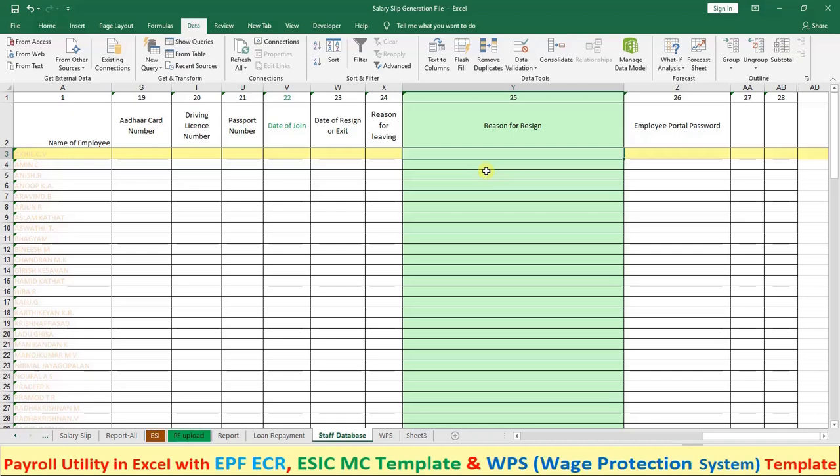So no need to worry about whether that employee worked here or not, when he joined, when he resigned, what the reason for resigning was, and whether he is eligible for the experience certificate and everything. Just go to the staff database. The concerned staff database will show when he joined, when he resigned, what the reason for resigning the job was, and whether he is eligible for any certificates from the establishment. So everything we can mention at the time of exit of that employee.